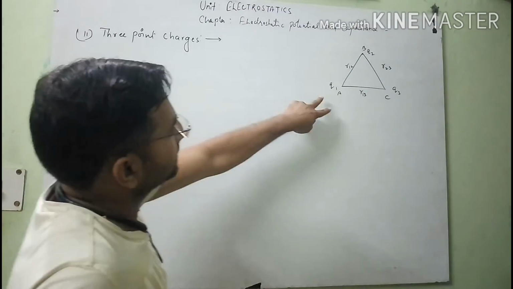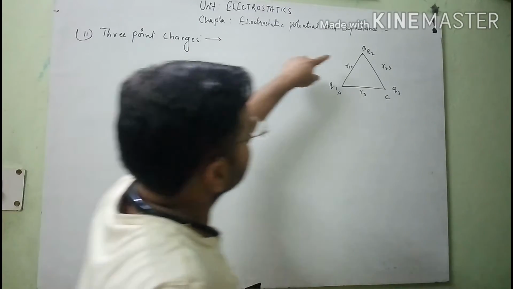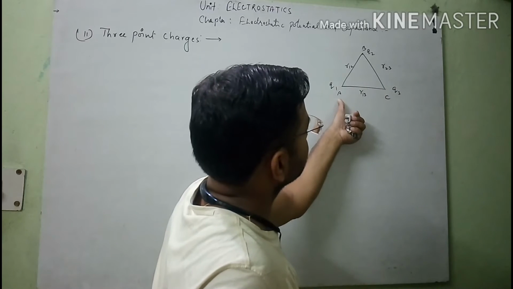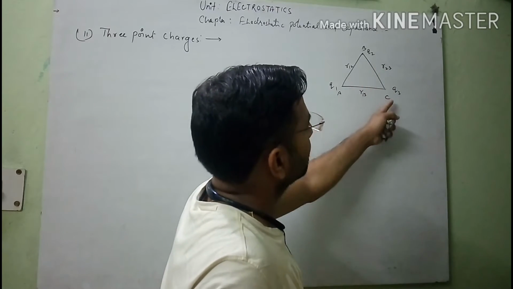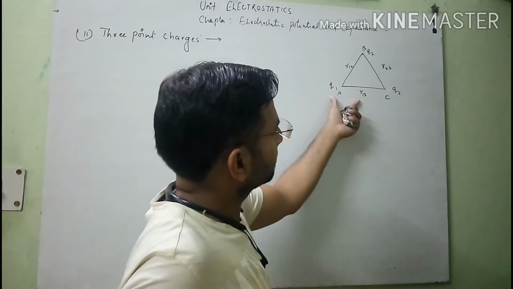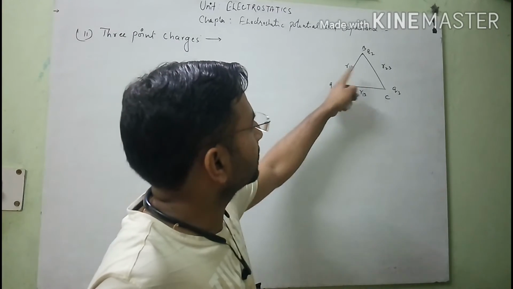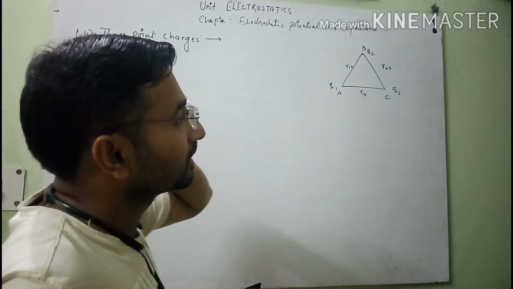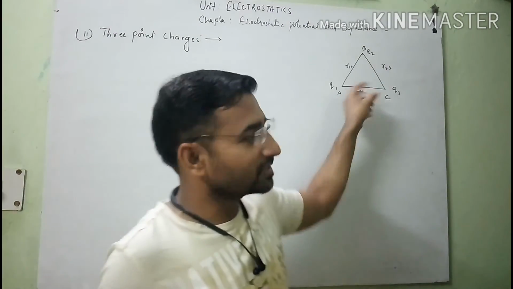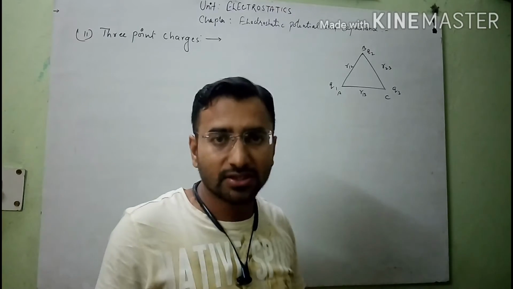In this diagram you will see that I made a system of 3-point charges. Let the charges be Q1, Q2, Q3 located at their respective positions A, B and C. Clear? So here we will see the total electrostatic potential energy due to a system of 3-point charges. So initially again I consider all 3 charges are at infinity. So when you carry the first charge, the total amount of work done is 0.